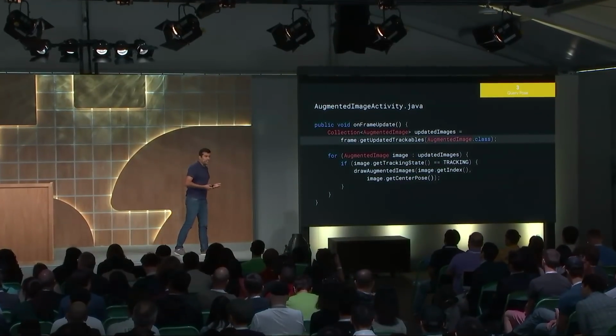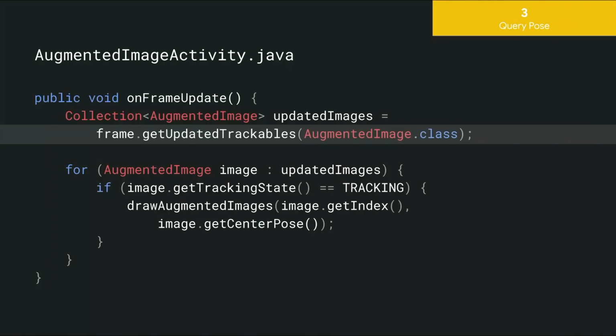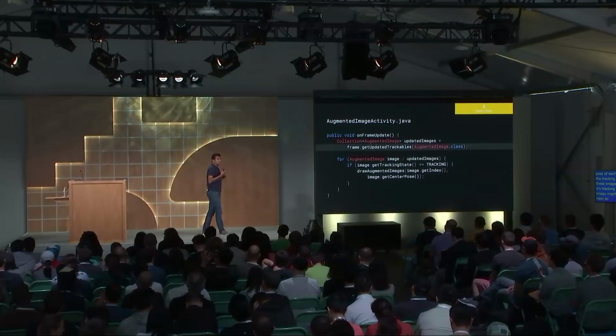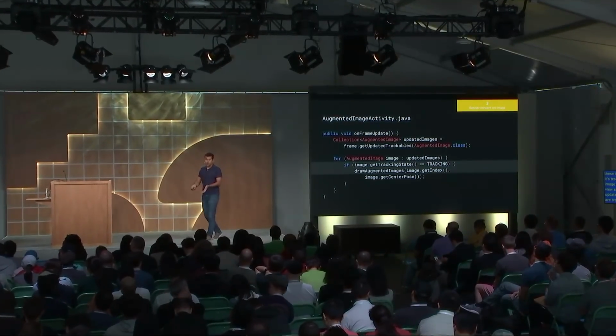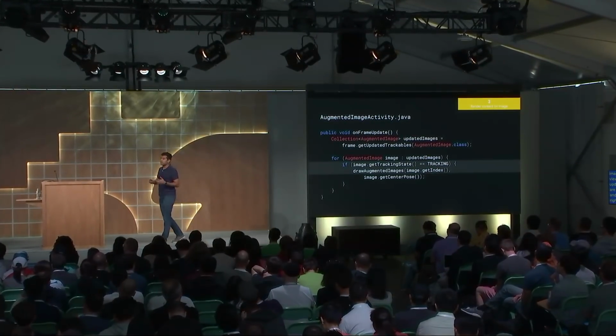Then you move along to, at runtime, what you do is you start querying the pose of all the images that you're tracking at every camera frame. And what AR Code would return back is the pose of each of the images and the tracking status of each of these images. Whether or not it's tracking or not tracking, the image might have gone out of view. So it will give you a status update. And as long as the images are tracking, you can go ahead and render physical content right on top of these images. So in these three simple steps, you should be able to create a basic augmented images app.